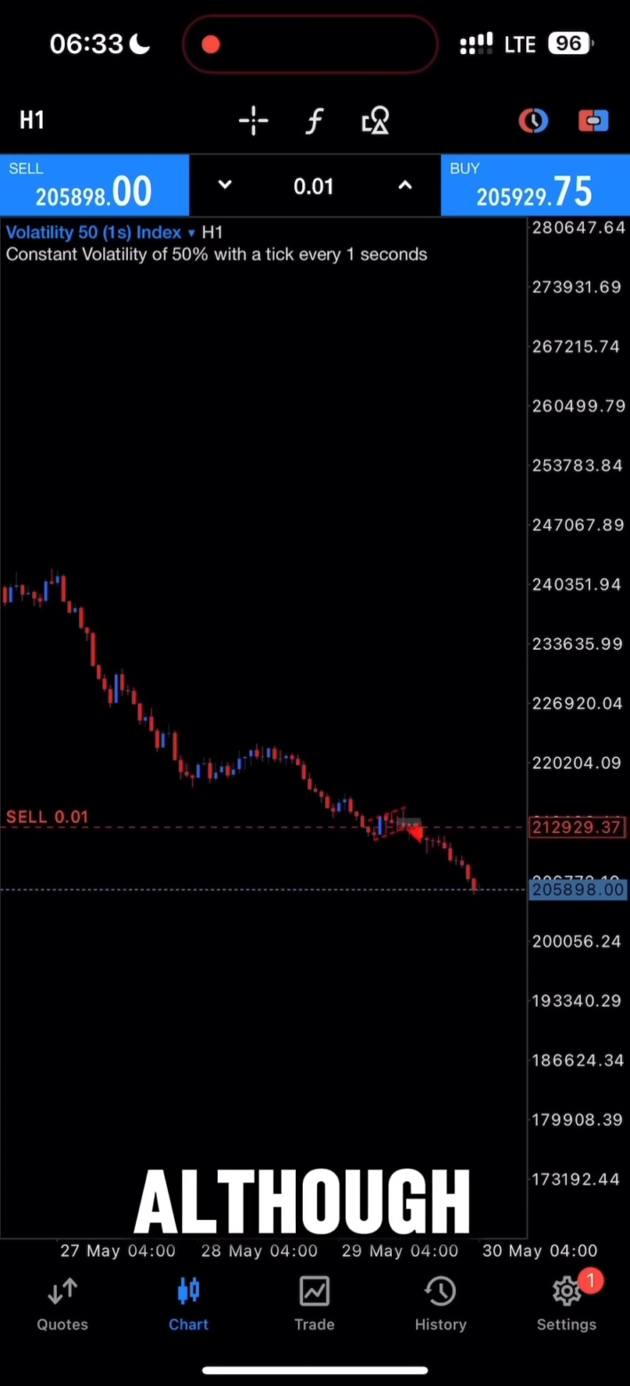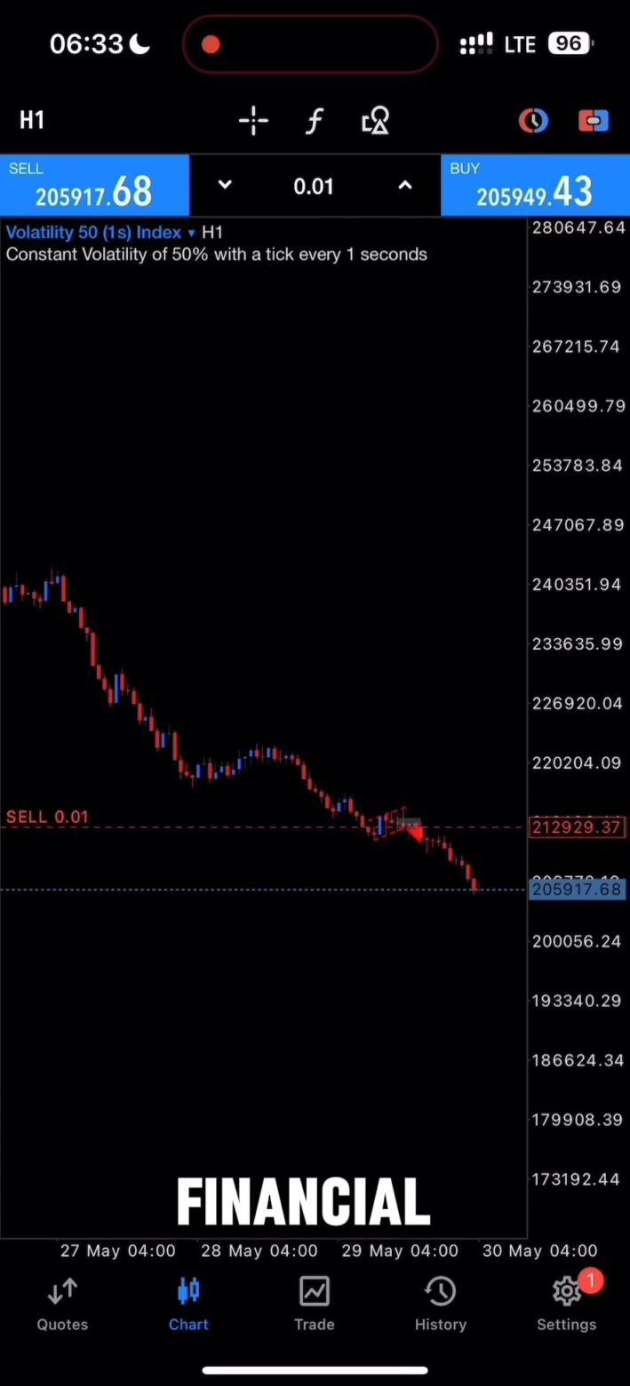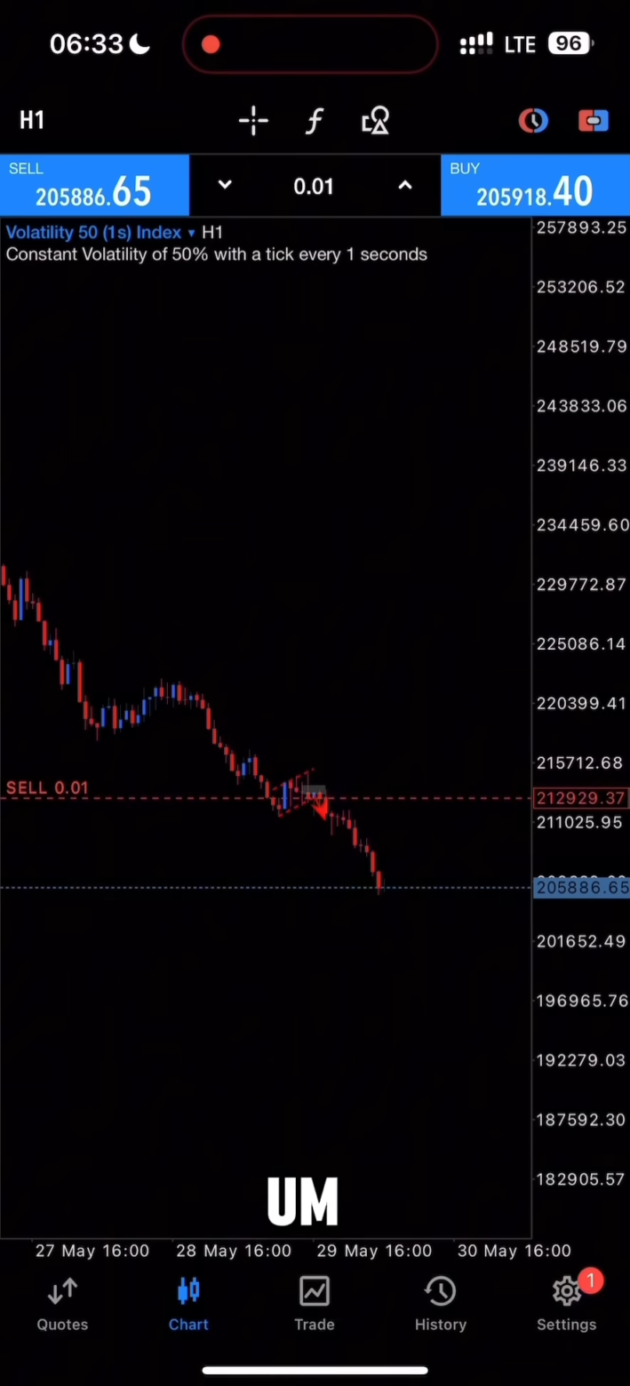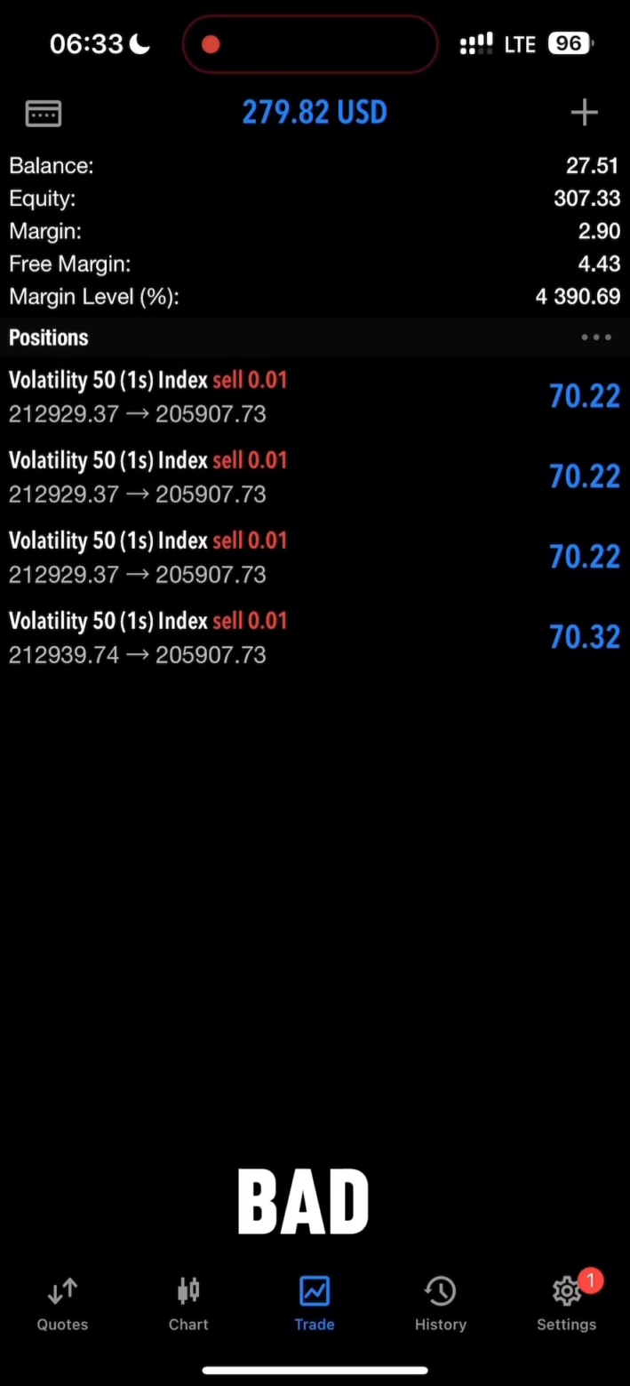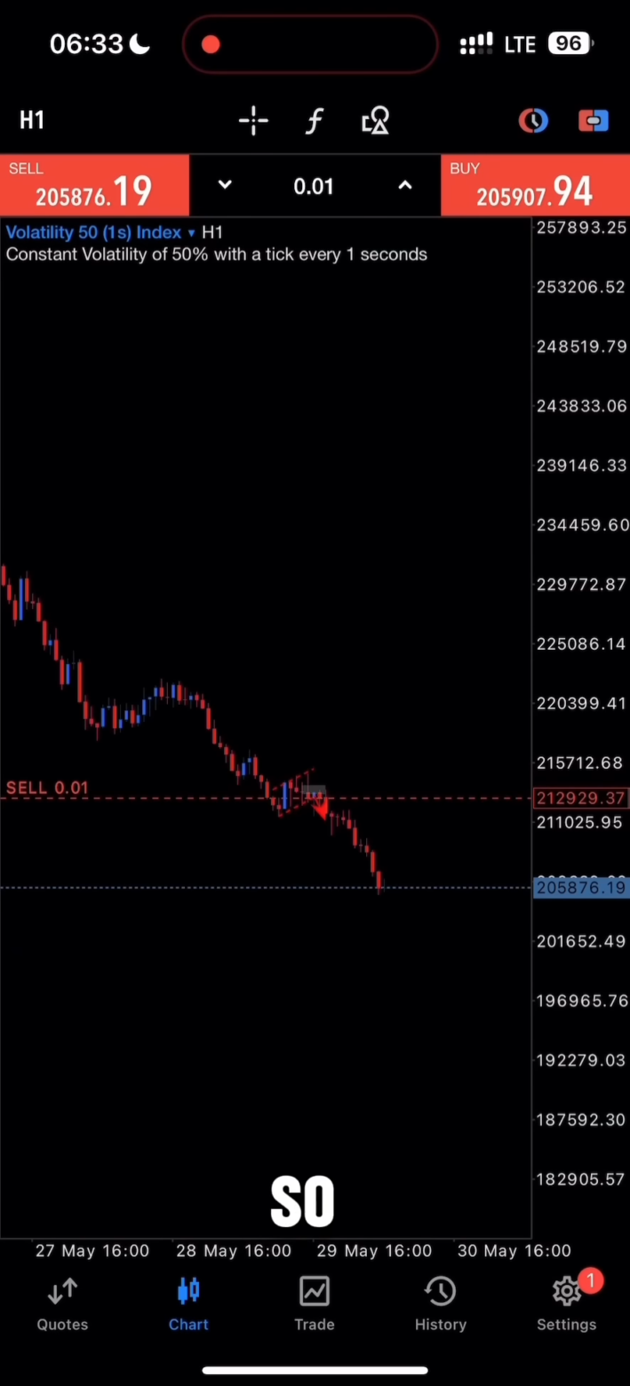Although I'm not a financial advisor, I want everyone to be financially literate on their investments and everything, and don't do borrowed funds. That's just bad. Don't do that. So from 27 we are in about a lot,